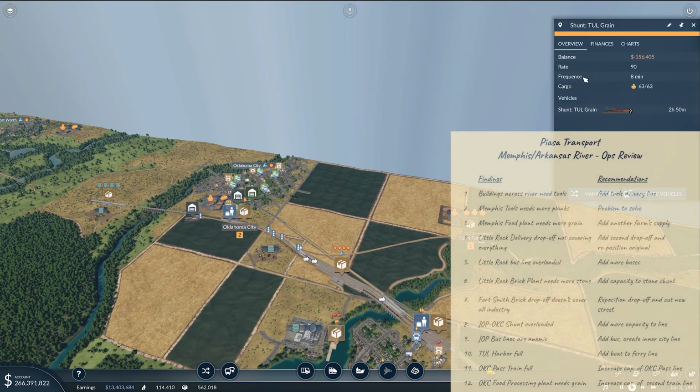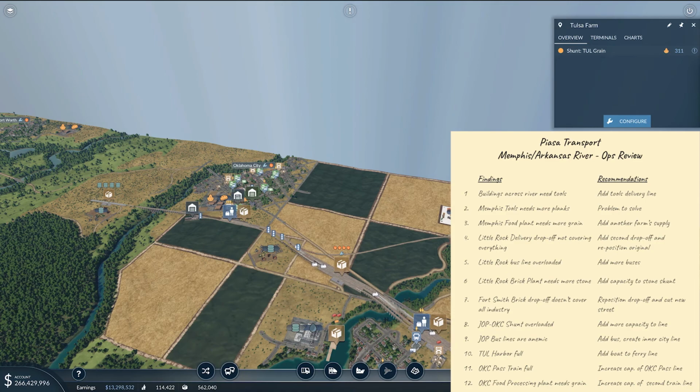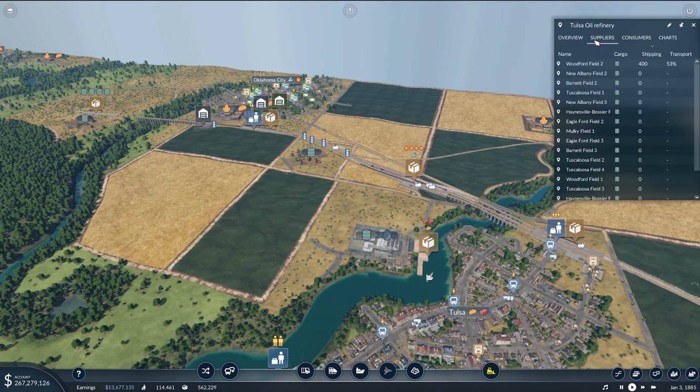It needs to get up to 200, and so it needs to be doubled in size, and then a little bit as well. Then finally, up here in the Tri-City area, we're going to look at the Tulsa Oil Refinery, and we are getting an anemic amount of